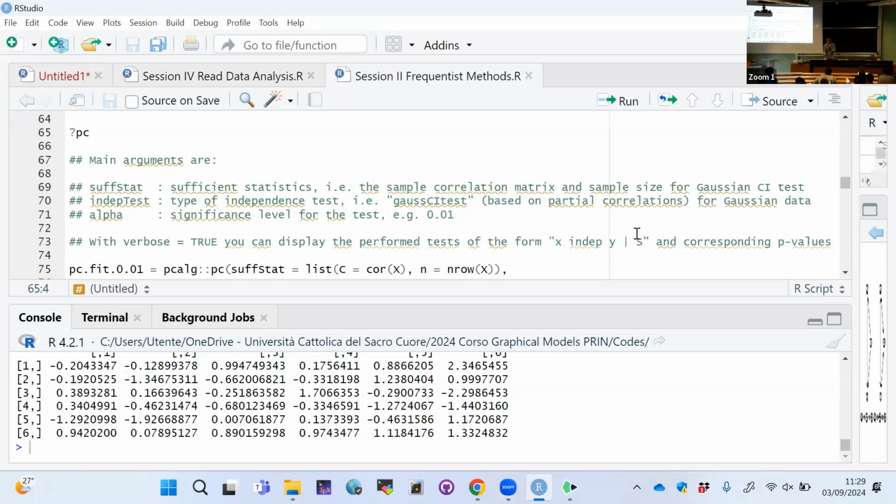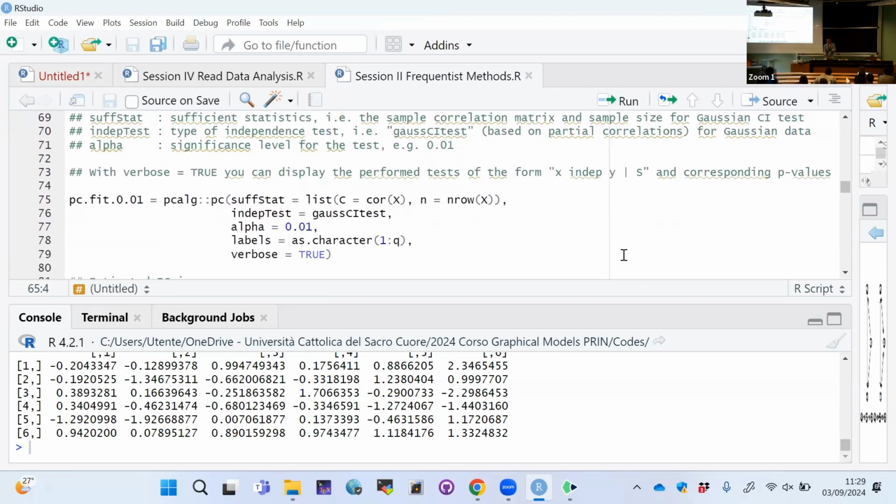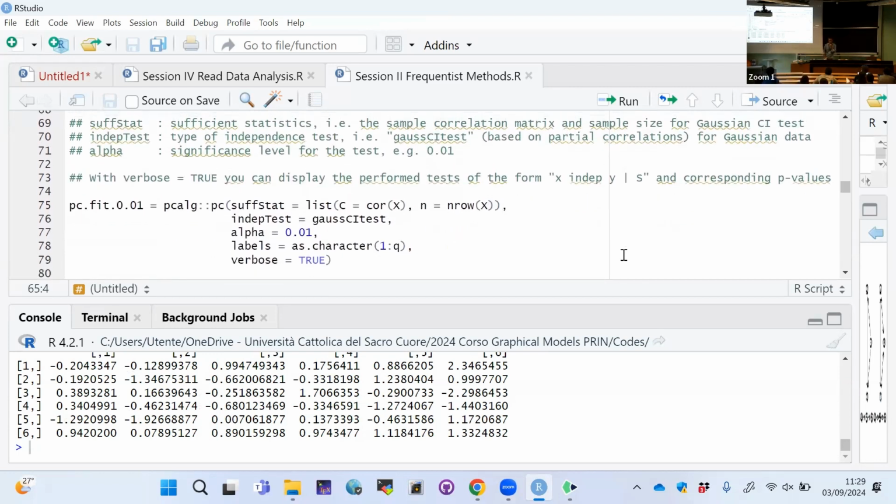And then among the arguments, there is a last one, which is called verbose equal to true, that if you set it, this is interesting, you will see exactly all the outputs, all the p-values in particular of the tests that are performed. So you will see exactly what are those tests leading to the removal of an edge,